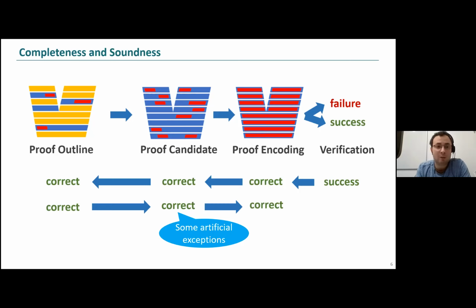First, the proof encoding. If the proof candidate is correct, then the proof encoding is correct. And then finally, if the proof encoding is correct, then the verification might verify. Of course, it's only might verify, since the problem is, of course, still undecidable. What can happen is that there's an entailment that the